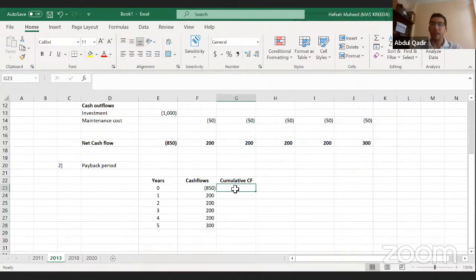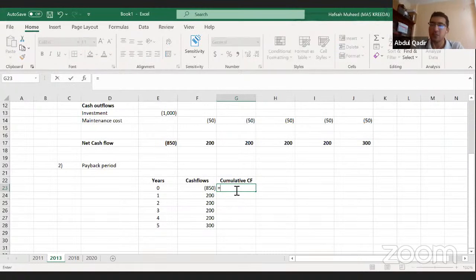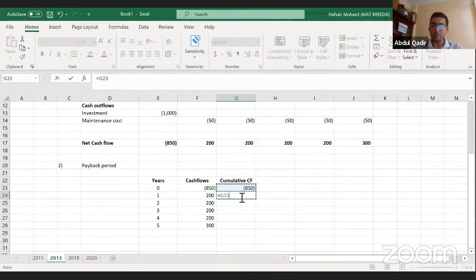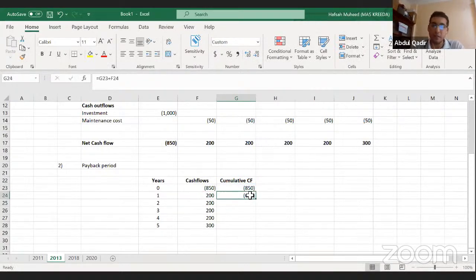So what is cumulative cash flow? So this is basically how we calculate our payback period, right? So we assume we have totally spent or invested 850,000, and as we go on every year, we are recovering some money, right? Some funds. So we are checking how much is left to recover. That is what cumulative cash flow means. So by end of year 0, we have invested 850,000. But by year 1, right, we earn 200,000. So we have 650,000 remaining to recover. Out of 850, we recovered 200 in year 1. So we have 650 less. So cumulative cash flow is what calculates that, right?